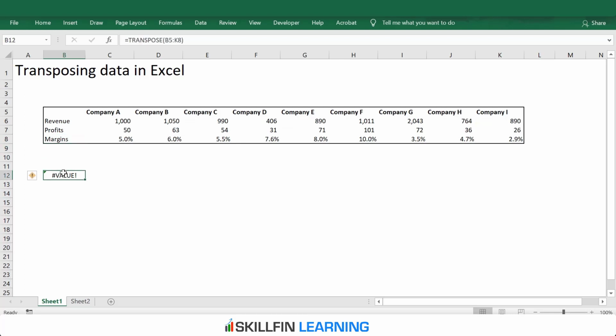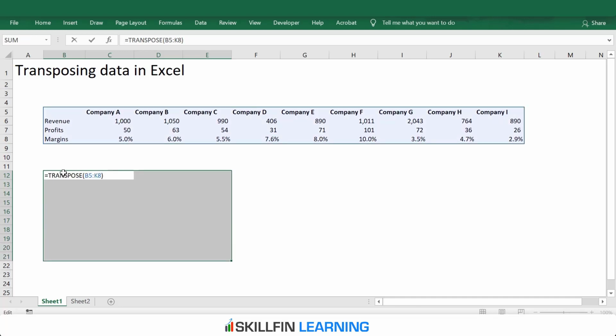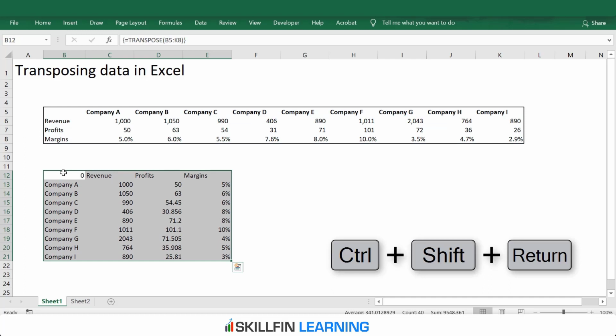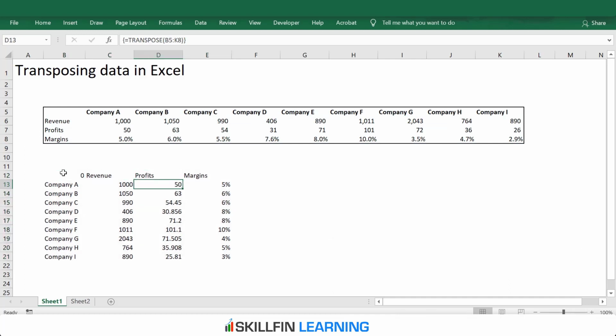So again, to make this functional, we will again select 4 columns and 10 rows. Now press F2. So we have the TRANSPOSE function with the range, and now press Ctrl Shift and Enter. So once we press Ctrl Shift and Enter, we get the table in the vertical format. When we look at the TRANSPOSE function, we see that there are curly brackets in the beginning and the end, meaning that it is an array function.